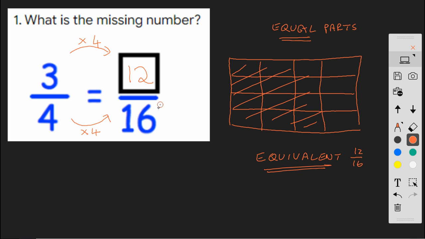So there we go. I've shown you visually what's going on. If we're going to deal with it abstractly, just dealing with the maths, then we've got to make sure that we do the same thing, multiplying or dividing, to the top and the bottom, and then we have equivalent fractions. So just to be clear, the missing number is 12, and if you want to go and practice a nugget on equivalent fractions on Sanctuary, then the one to go and look for is